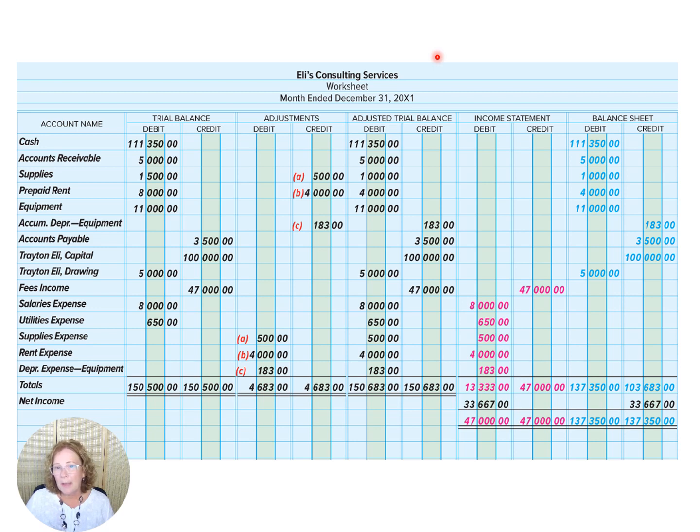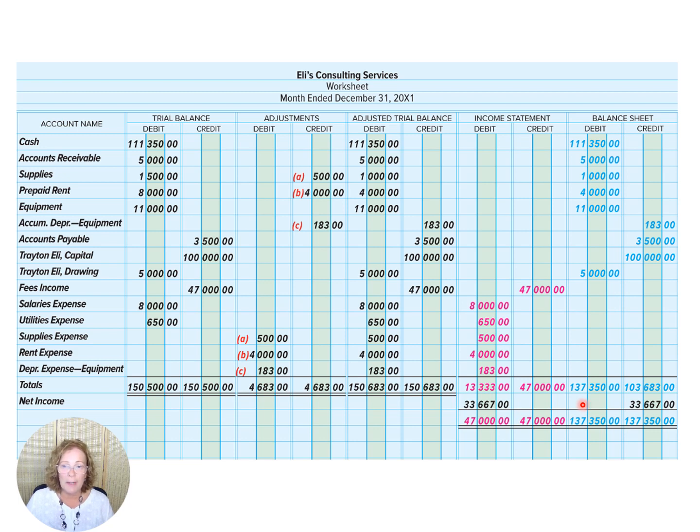There's a special step at the end after you've completed the income statement and the balance sheet columns. You total the columns, but they won't equal. First, in the income statement columns, you subtract the expenses from the fees income and enter the amount into the debit column, and then you total the columns. You also enter the same amount, the net income, into the balance sheet columns as a credit, and when you total the balance sheet columns, they now should balance as well. Is that it? Well, not quite.